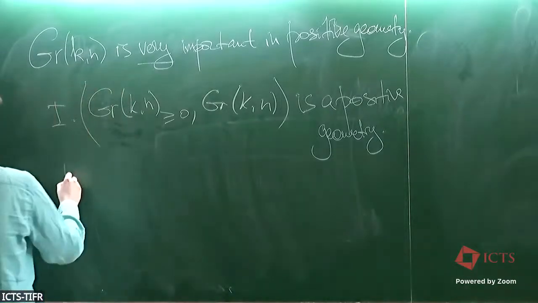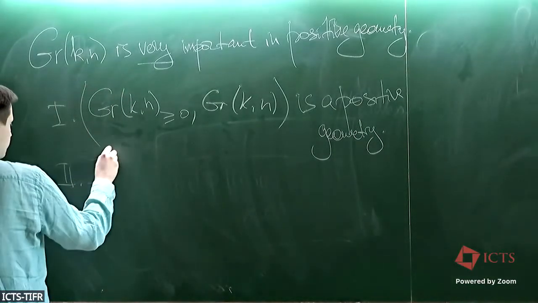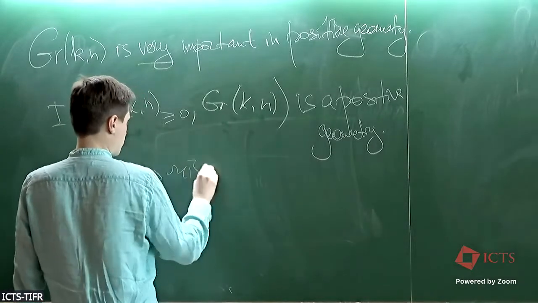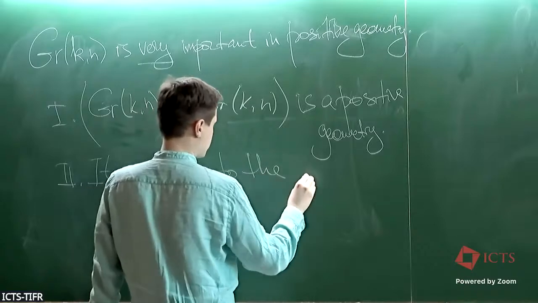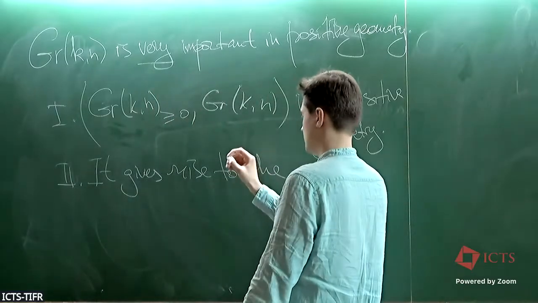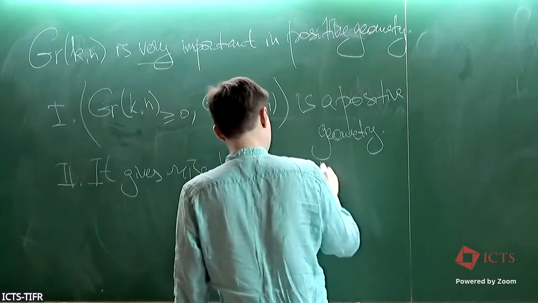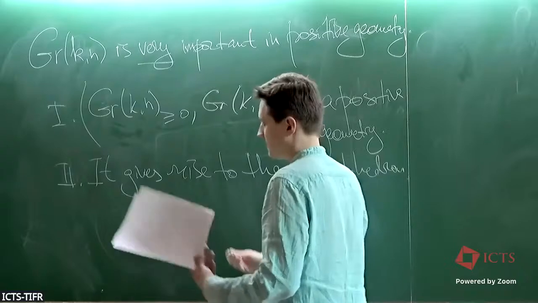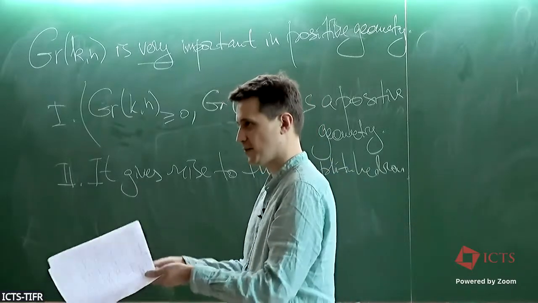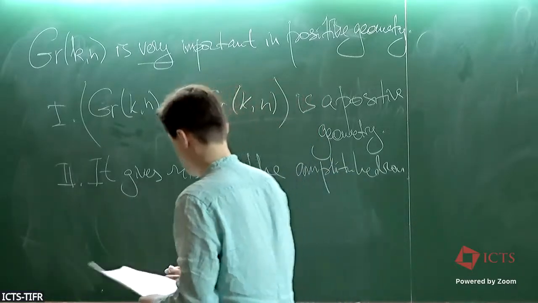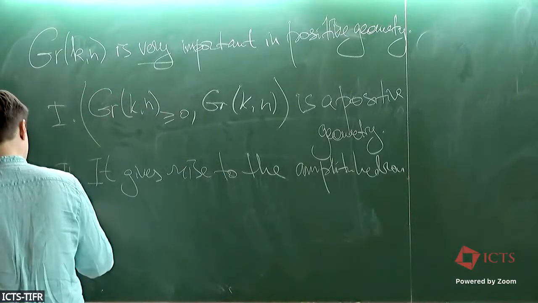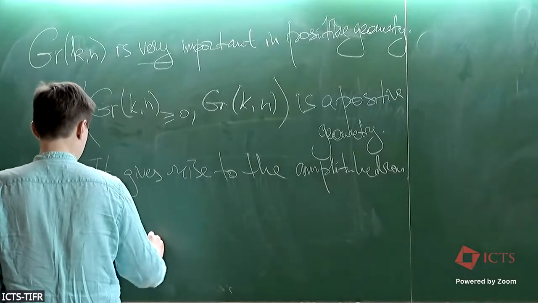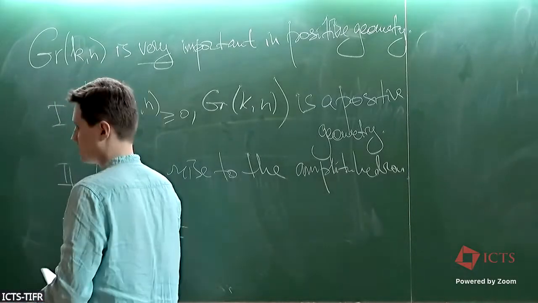The second reason is because, well, it gives rise to the Amplituhedron. And Melissa explained this to us very well in her 2 lectures. And the Amplituhedron is kind of the motivating object for positive geometry. It's the point of departure, at least for mathematicians. And then, again, it connects to the worldsheet. It connects to M0n, which is very important in string theory